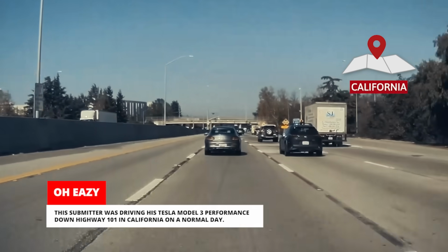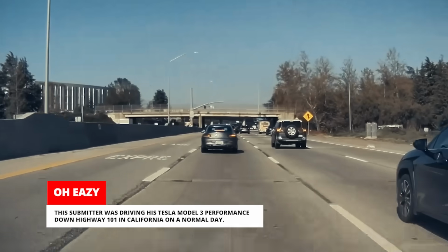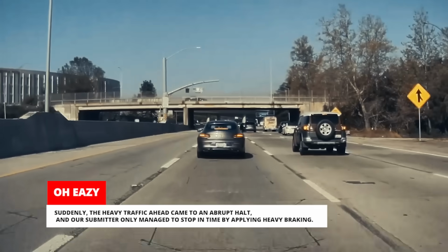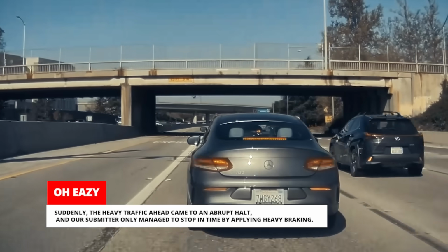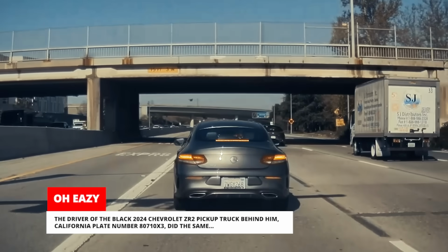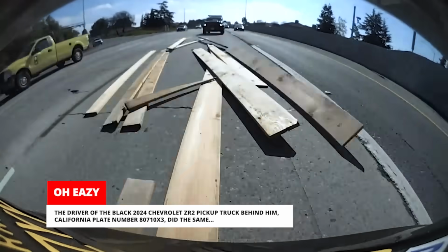This submitter was driving his Tesla Model 3 Performance down Highway 101 in California on a normal day. Suddenly, the heavy traffic ahead came to an abrupt halt, and our submitter only managed to stop in time by applying heavy braking. The driver of the black 2024 Chevrolet ZR2 pickup truck behind him, California plate number